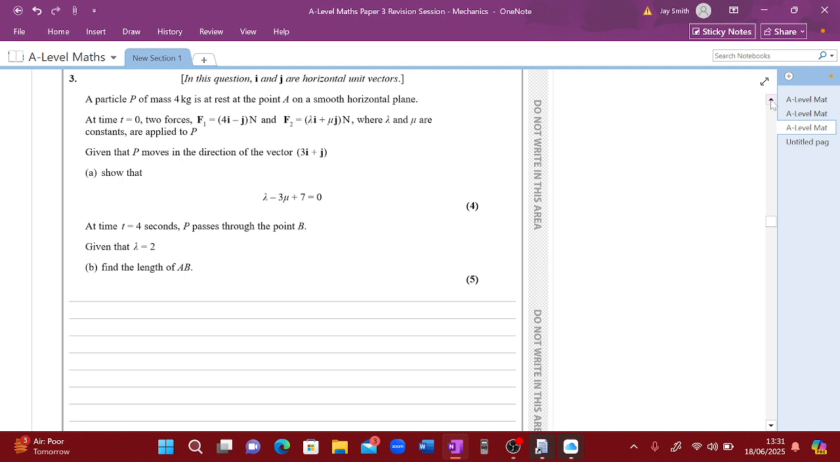Okay. I wanted to go over this sort of question. Again, now we're dealing. Well, let's read the question first. A particle P of mass 4 kilograms is at rest at point A. At time t0, two forces are applied to P. Given that P moves in the direction of this vector, show this. Okay. So,